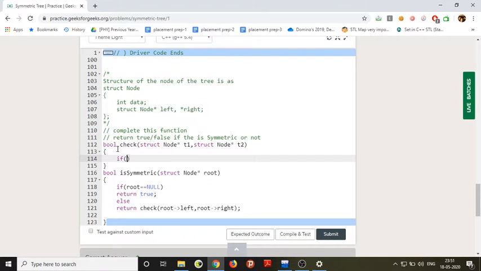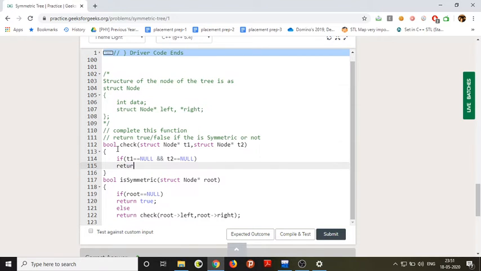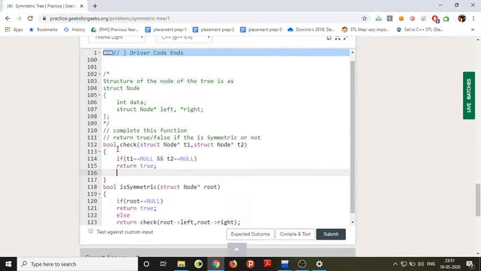So the base case is if t1 equals null as well as t2 equals null, what should we do? We should return true, right? Now there are four possibilities.